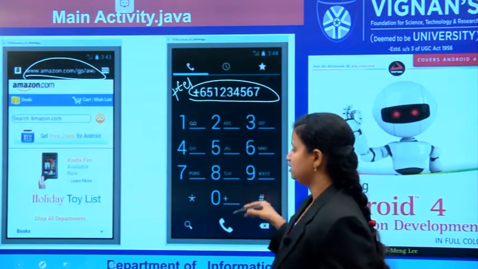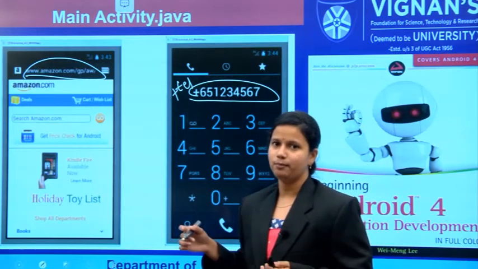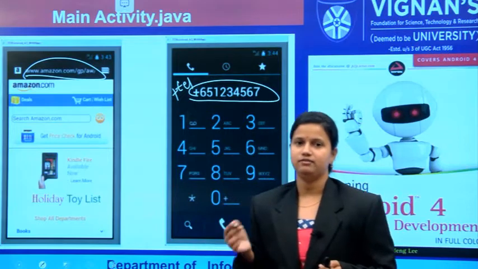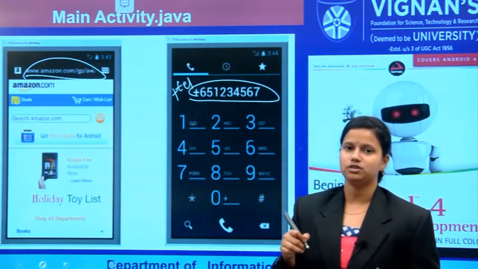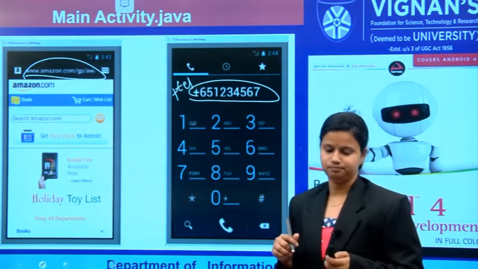In the same way the third window is opened: Google Maps will open and point out the particular location given in your geo parameters.